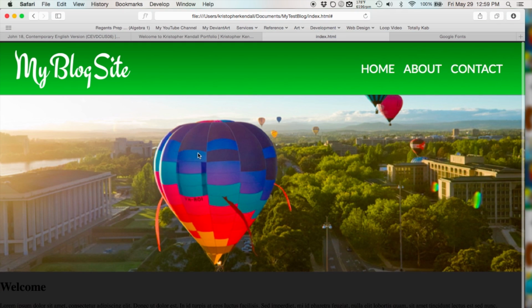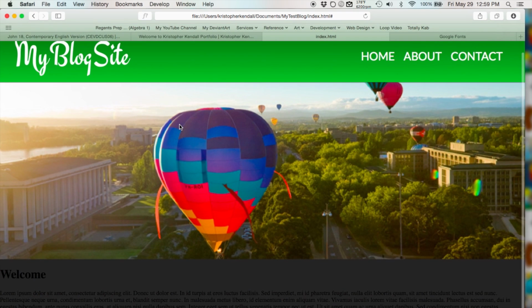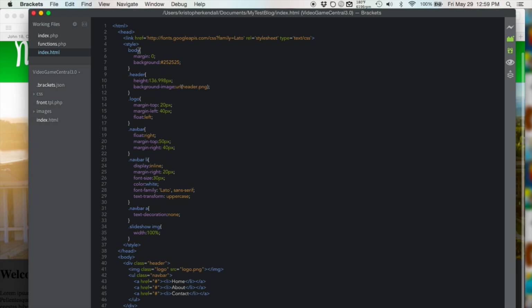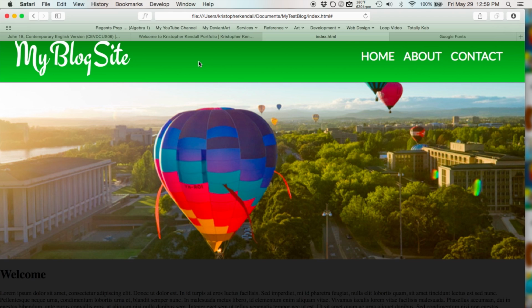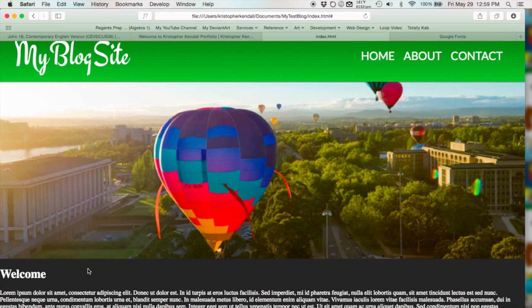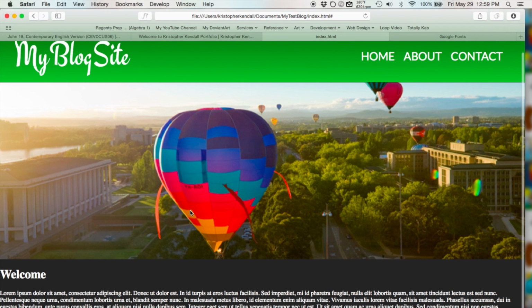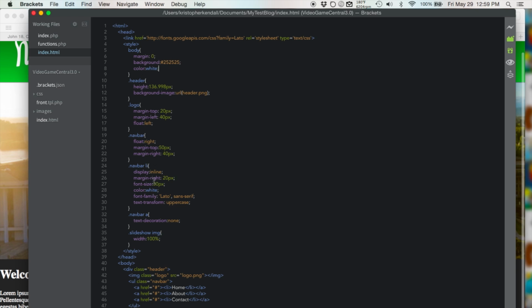And then it works. So, you might notice now that this black does not show up very well on this gray background, and it looks weird. So what we want to do is we want to assign the color of the whole body, the text color, to be white. So let's do a color property and set it to white. And there we go. And now that sets our whole body to be the color white. So now what we want to do is we want to make